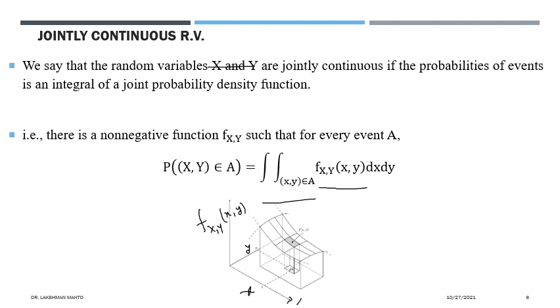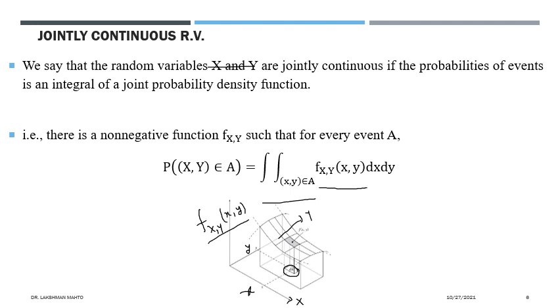This is the x axis, and this one goes up to the y axis. So simply, density is a surface over the xy plane. Suppose the joint random variable is taking values over this region. Then how can we get the probability of that? By integrating this joint f, this surface, over only this region, in order to get the probability.